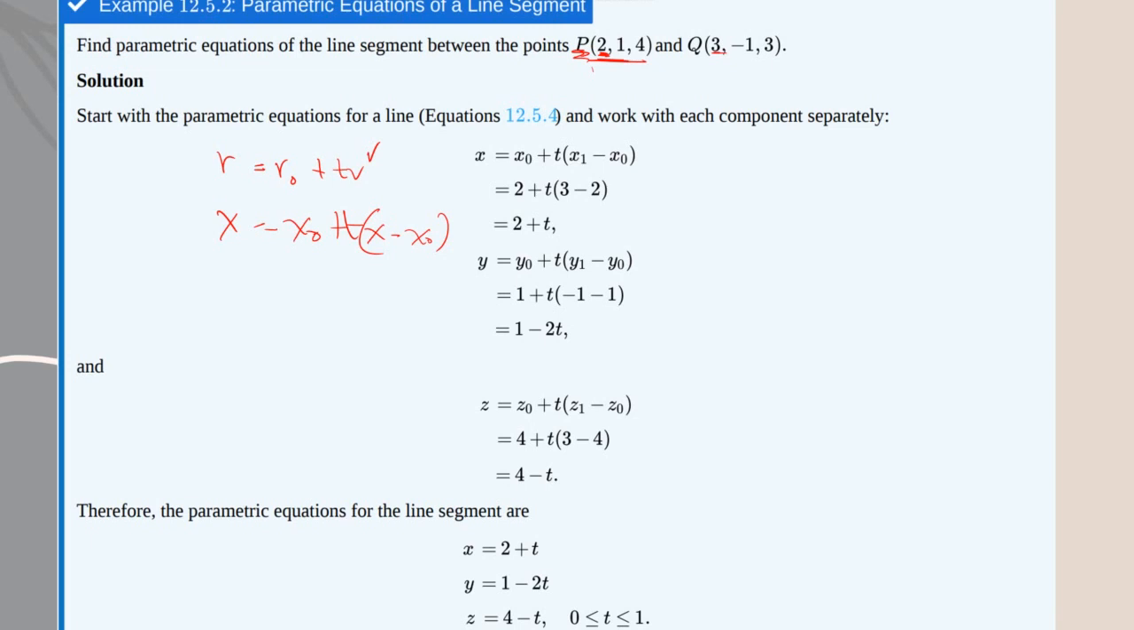That will be the initial point, and the final point will be the later letter. For example, P comes first, so that is the initial point, and Q is the final point. The same process will be done for your Y and your Z. And then you solve for t. We can transfer this here, this will be x plus 2 equals